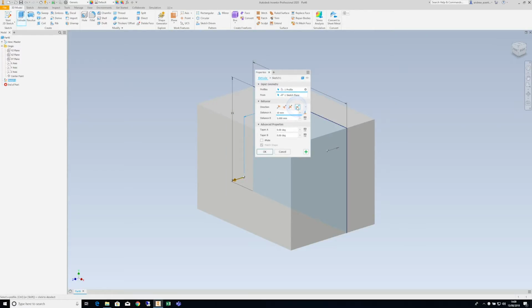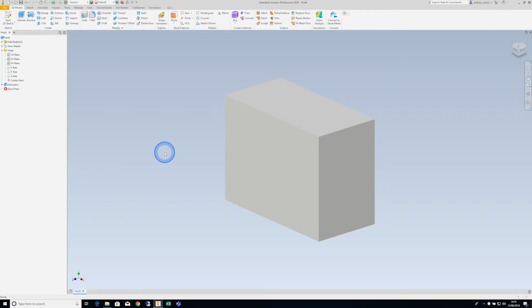There is an asymmetric option as well, so here it's assuming I want it 10 millimeters in one direction and 5 millimeters in the other direction. I'm just going to go back to the symmetric, and that value there of 10 millimeters is divided by 2, so it's 5 millimeters this way, 5 millimeters that way. I'll press OK. The other little thing I'd like to show you is if you hover over your home view